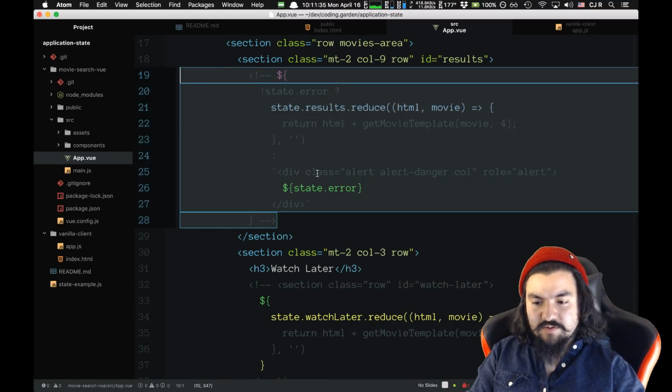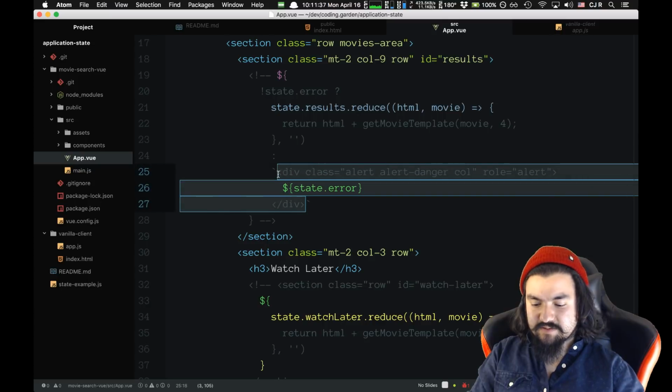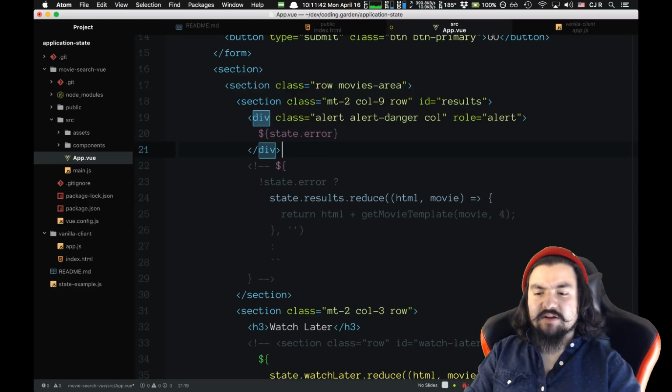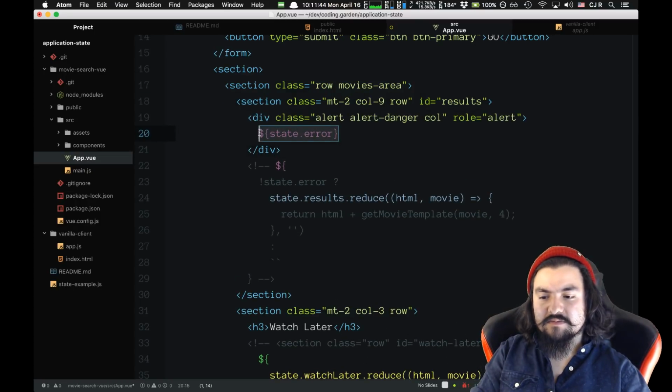But also I do want to show this error too, so let's pull this in. And I guess I'll have to write the logic to handle an error. So let's just throw in,